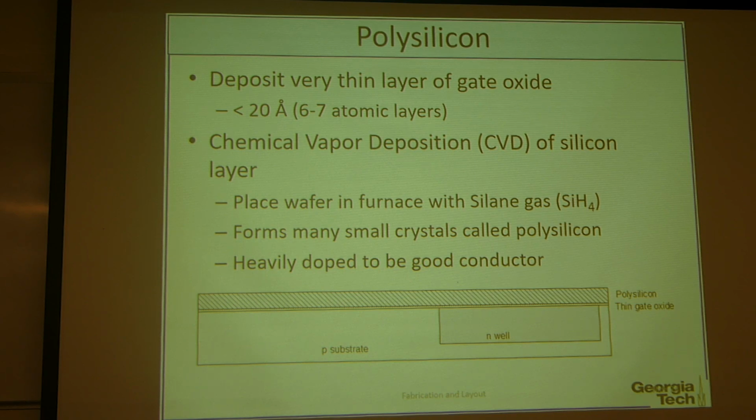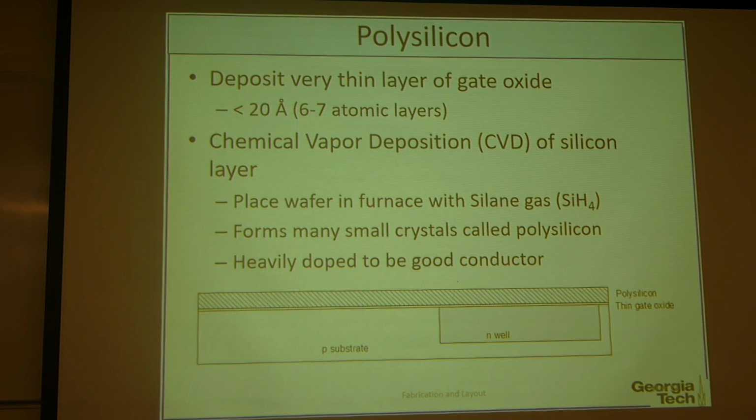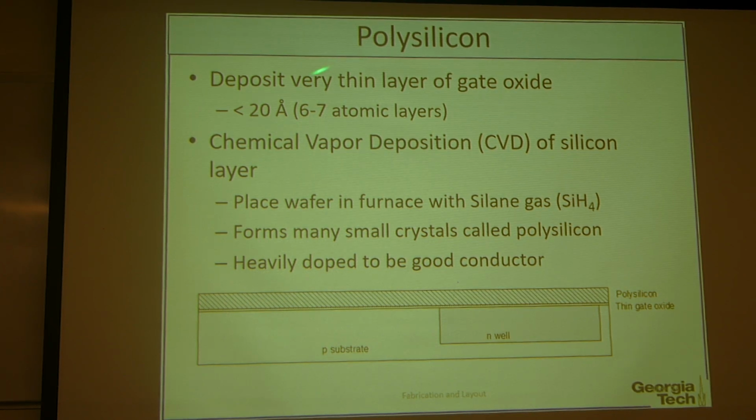Finally, we make our gate here. Actually, before making our gate oxide, we need to clean the wafer as clean as possible, because this gate oxide area is the most significant part of the transistor, using a process called RCA cleaning. So after cleaning it, we deposit or oxidize the silicon surface up to a thin layer of gate oxide of